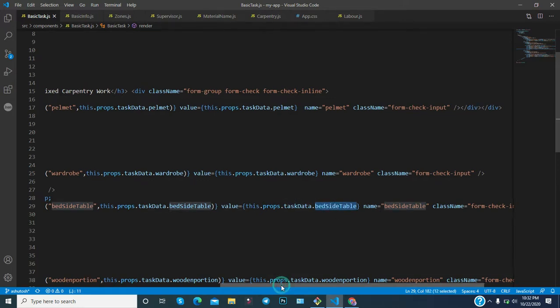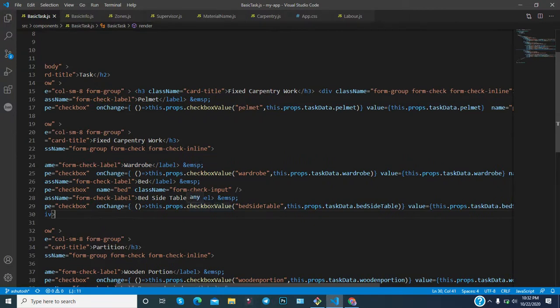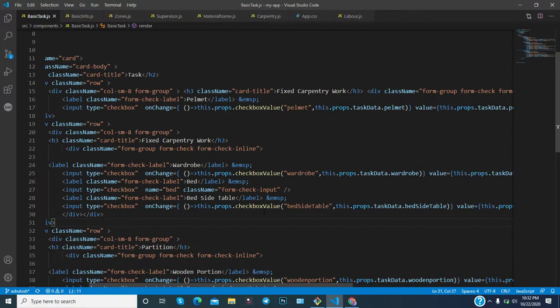And in case of the on change method, if someone checks or unchecks, one method will be called.